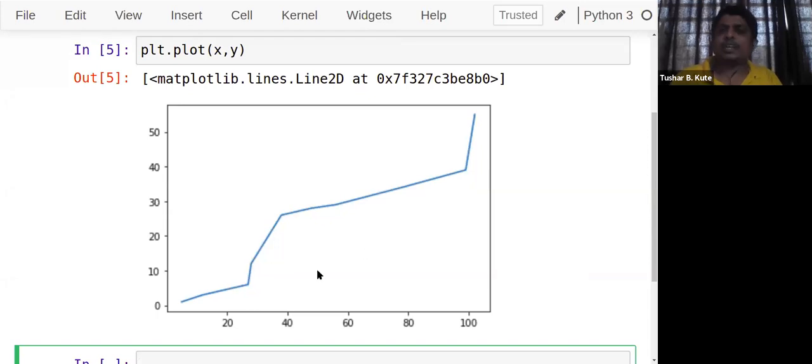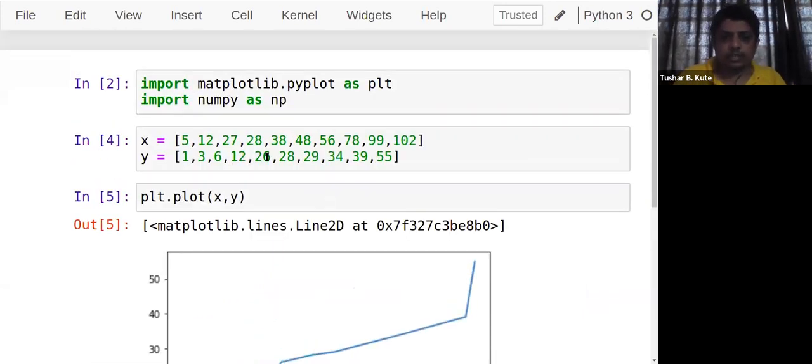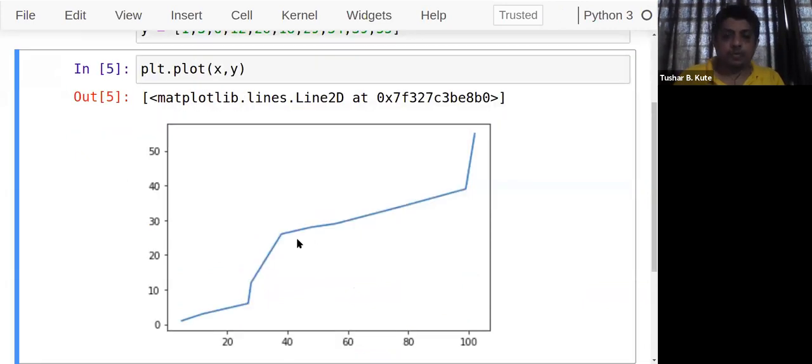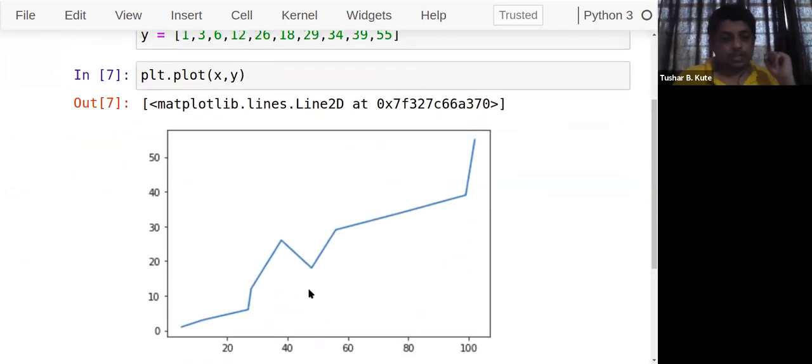They're correlated, but not exactly linear. Exact linear is not there, but you can identify the trend over time. They are incrementing. There is not any single instance where it decreased. For example, somewhere let it decrease. Here, after 26, I am giving the number 18. Now, see, you can observe the trend.